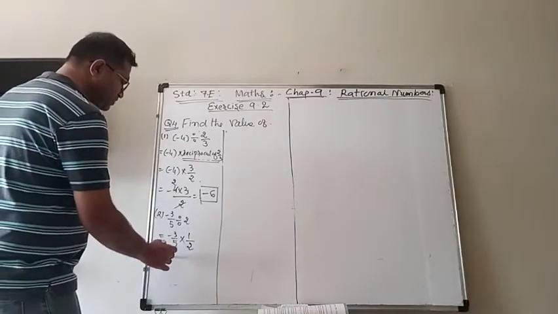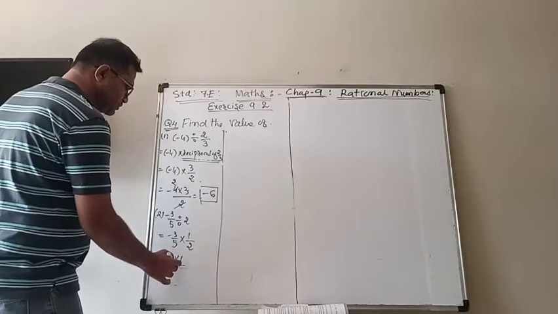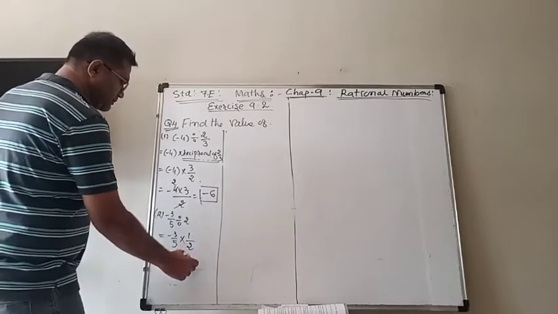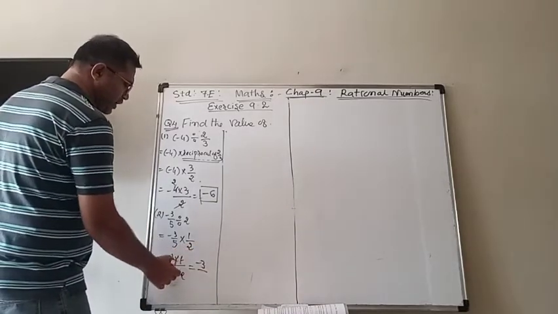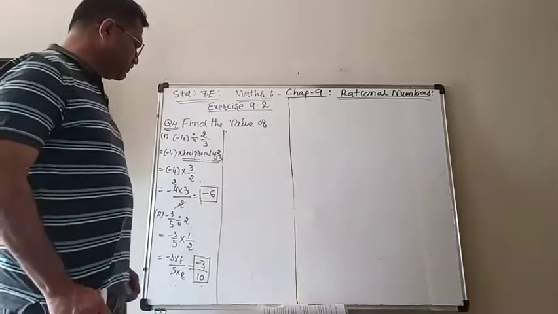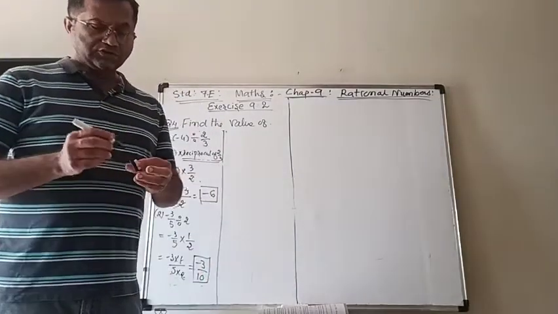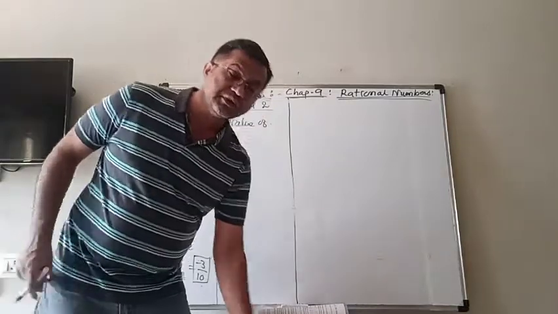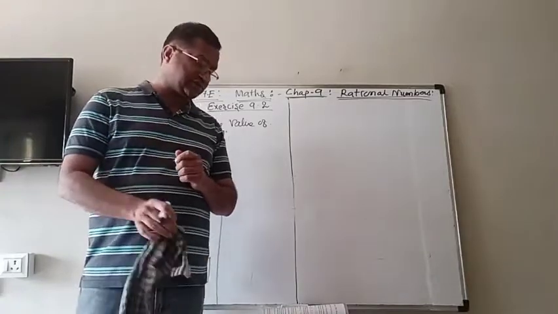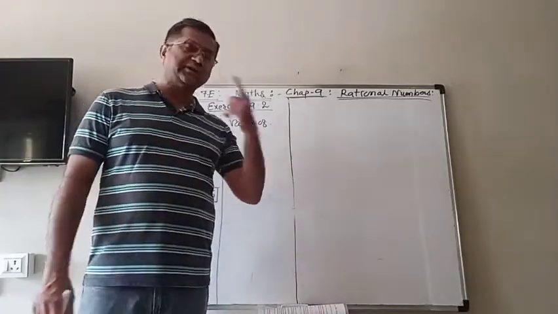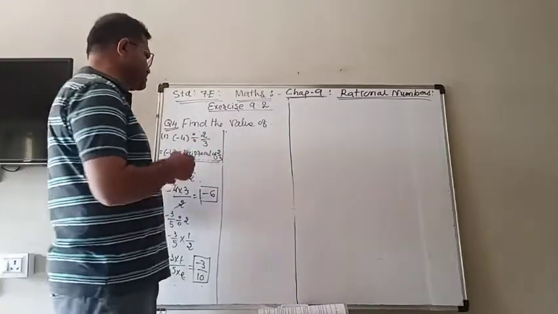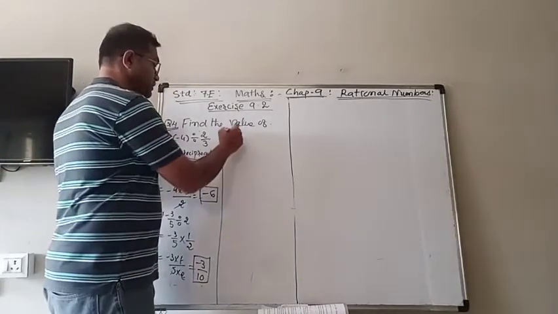So now it is equal to minus 3 multiplied by 1, 5 multiplied by 2. There is no cancellation here. So minus 3 ones are minus 3 upon 5 twos are 10. So minus 3 upon 10 will be your answer. So in the division, just a few things to remember. That division sign is converting into multiplication, and the next rational number after the division sign is getting switched over, means reciprocal is there.